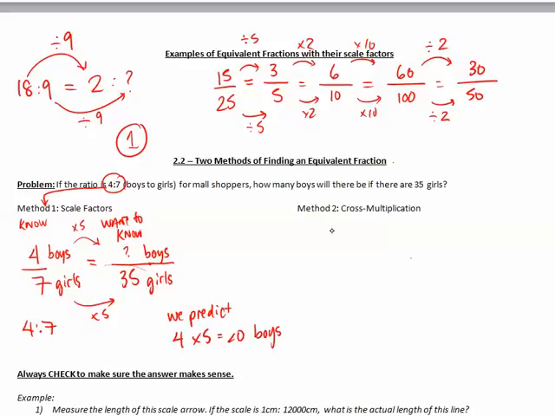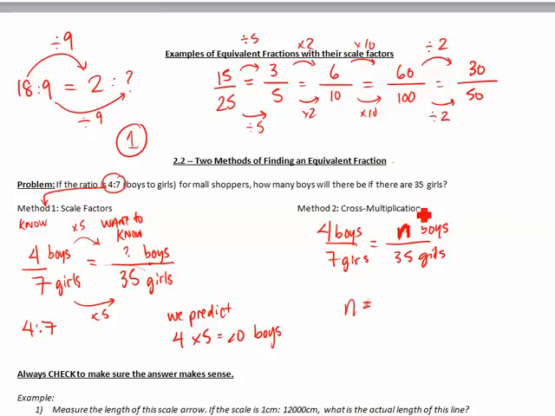Now, there's another way to do this as well. Sometimes you get a fraction where finding the scale factor is a little bit tricky because you end up with lots of numbers that are difficult to write, then you can use cross multiplication. The way cross multiplication works is this. I don't know my number of boys, so we will put a letter to represent that. Let's say an N, a certain number of boys, which will be N. N is equal to,